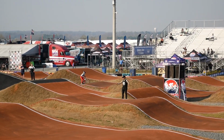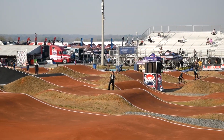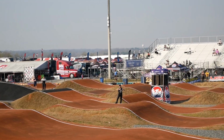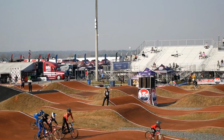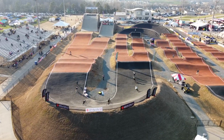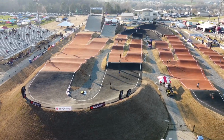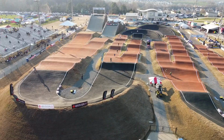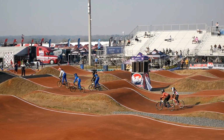Jump number 2. This straightaway is not that technical, but this jump does seem to feel a little deeper than normal at times, depending on where you hit it on the track. More than likely, you just swung pretty wide in that turn, and I would hope you'd be riding this white line. If you've gone through that turn and done that check mark like we were talking about and gotten all the way over to the middle of the track, remember, you're taking up a little more real estate than we need. So if you can come out and ride this white line to at least this jump,